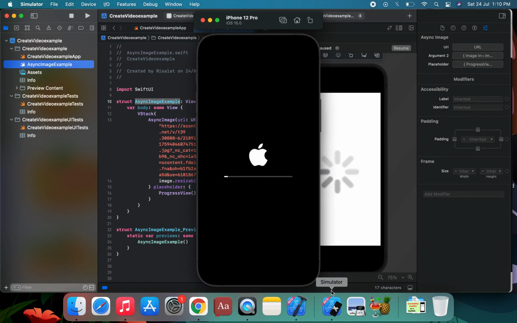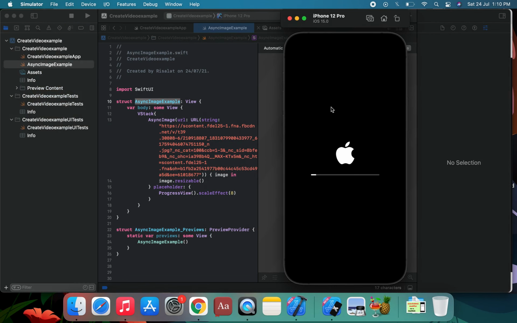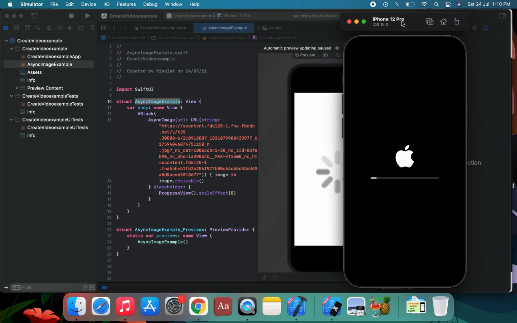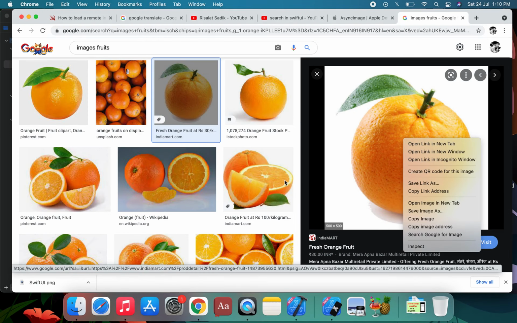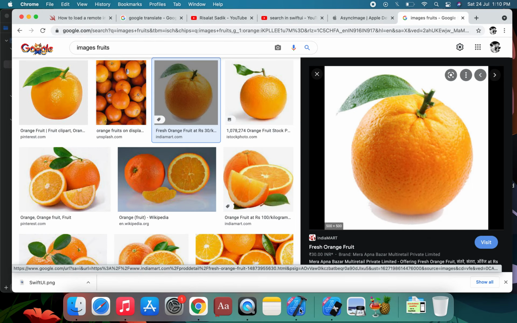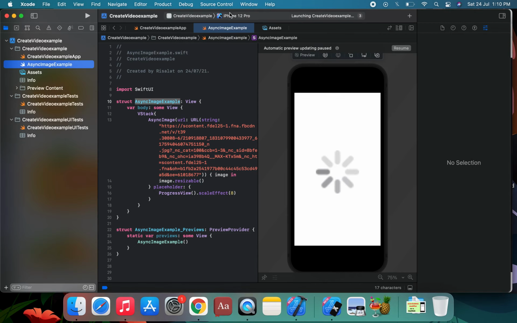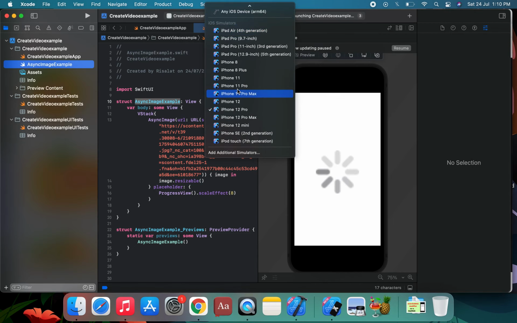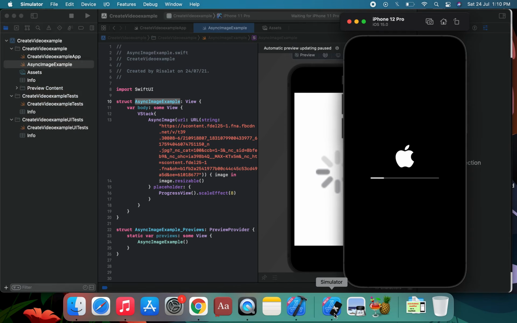We're going to run this in the simulator. Okay, in this simulator it takes some time, a largest timing. So this is the image, and we can use the image URL. We're going to check this issue on the simulator. This is a 12 Pro. Suppose we have an 11 Pro. Okay, we're going to run this application. So on the 11 Pro, we successfully run it.